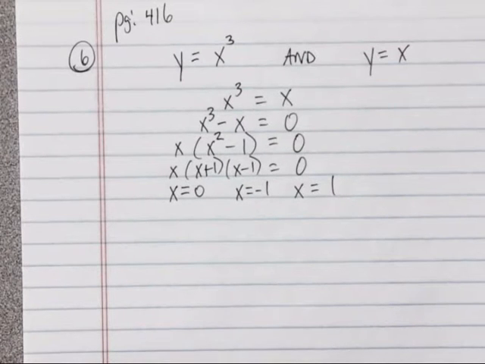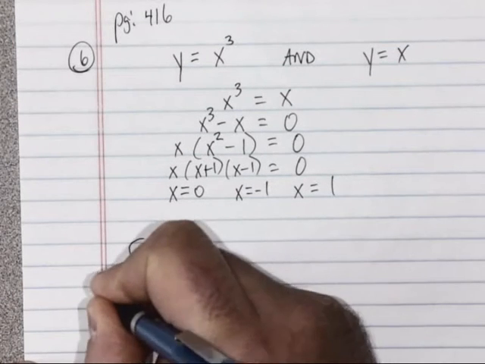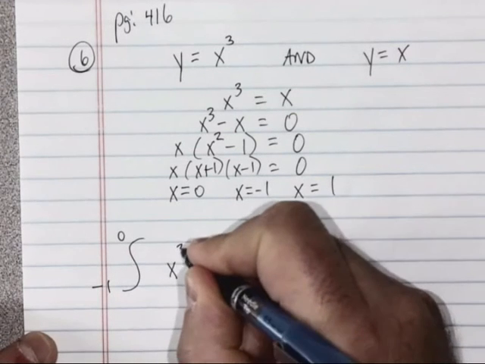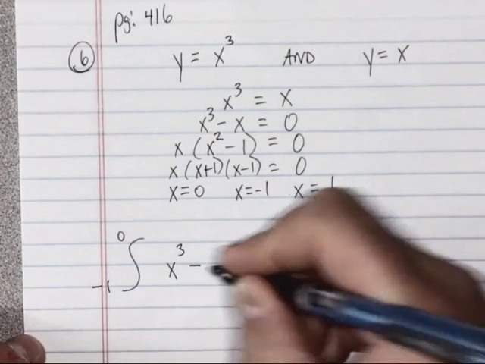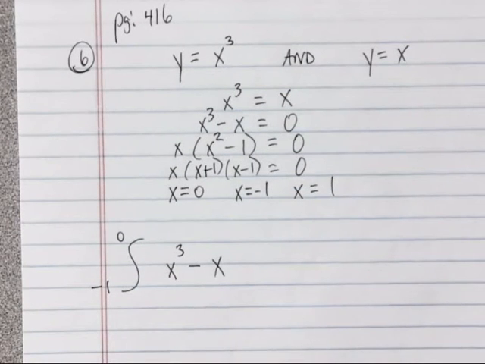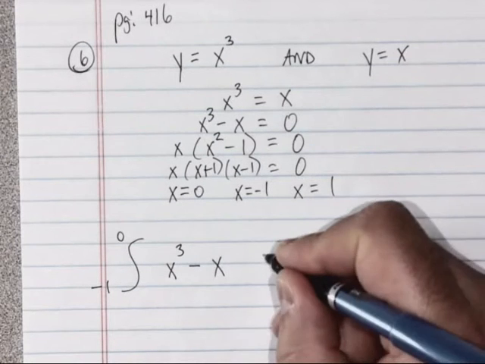The first area down below the x-axis is going from -1 to 0. Right? So we've got our a and our b there. And notice that the top function is x cubed. So that's our f of x minus the g of x, which in this case is the bottom one, which is x. So that gives us the area of that shaded region,